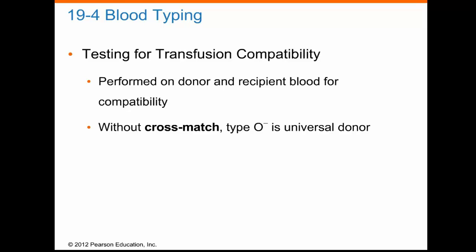Testing for transfusion compatibility is performed on both the donor and the recipient. Those of you who are blood donors know that when you go and have your blood tested, first off they prick your finger, they take your blood pressure, and they prick your finger to see that you've got enough blood to spare and that your hemoglobin is within the acceptable range for a donation. Then you'll be asked to hop up on the bed, and a needle will be put into your vein. You'll donate about 500 mils of whole blood,